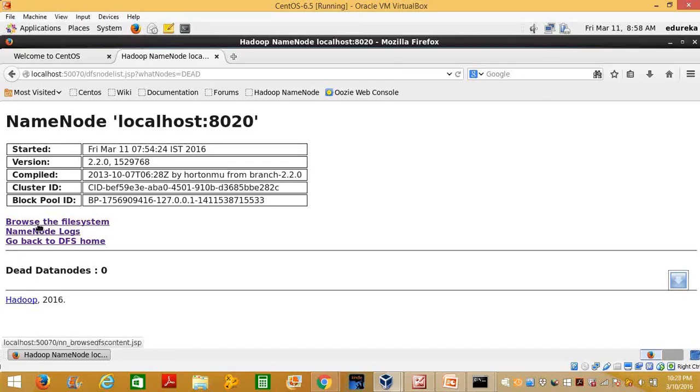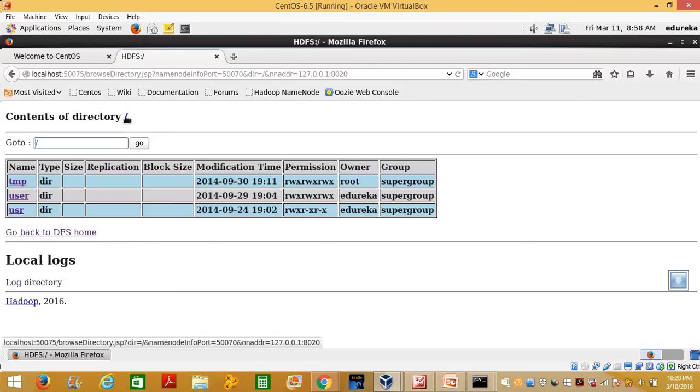Your client will be able to access only the name node, but how many data nodes there are and how to access those data nodes is something that we need to look into at a later point of time. I told you, right? Name node is a virtual file system. If you want to look into the contents of this particular name node, what you do is